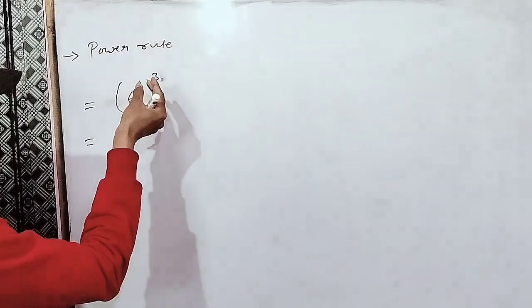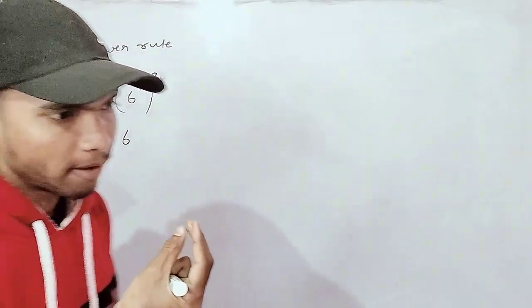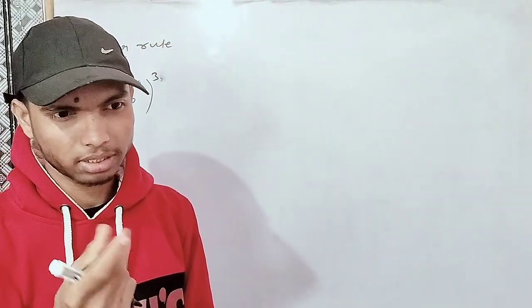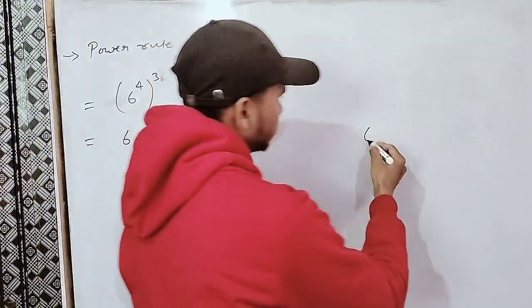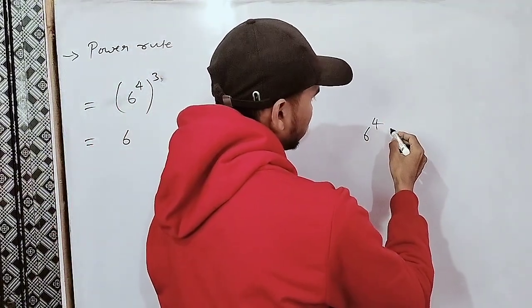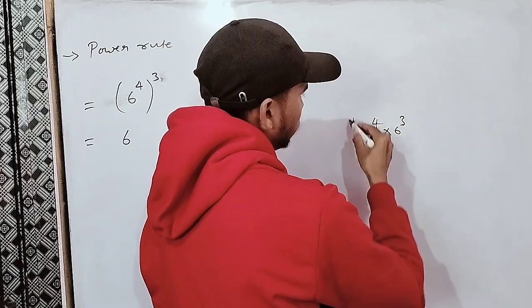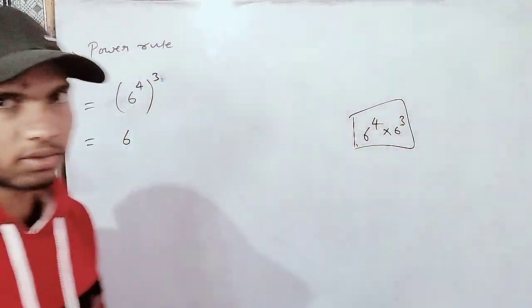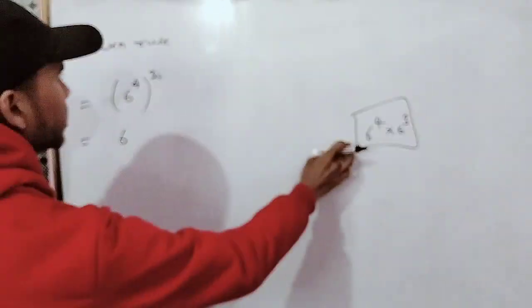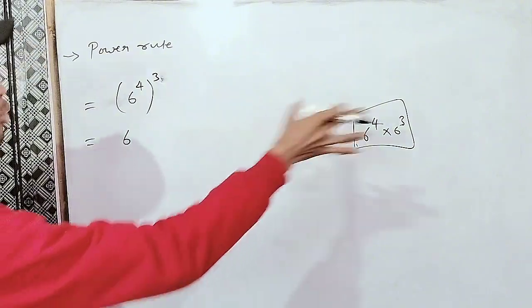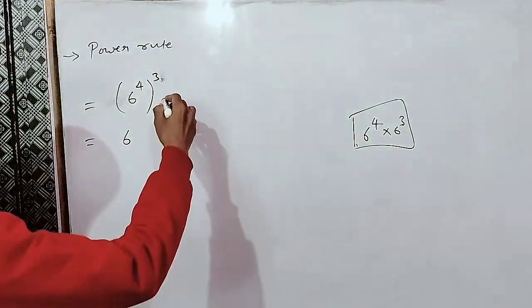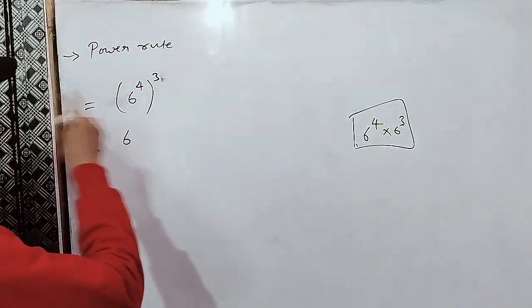So here our exponent, here we don't have like that 6 to the power 4, 6 to the power 3. We don't have like this. This and this, there is a huge difference. This is a problem and this is another problem. This is another question. Got it? First of all,